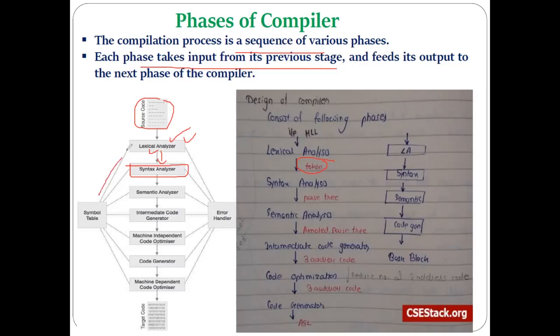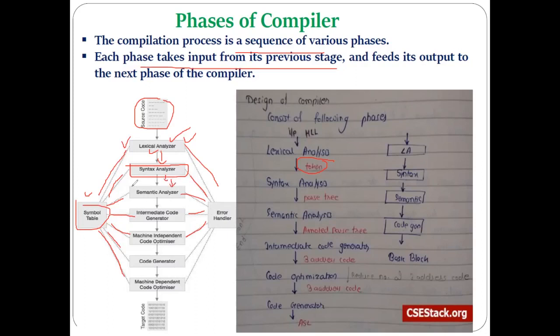Along with that, we have also discussed every time the working of the symbol table, how it is referred to by different phases, and when it starts getting generated, during the lexical analysis. Related to each phase we have discussed how errors get handled and generated. Then the syntax analyzer generates the parse tree as output, which is given as input to the next phase, that is the semantic analyzer.